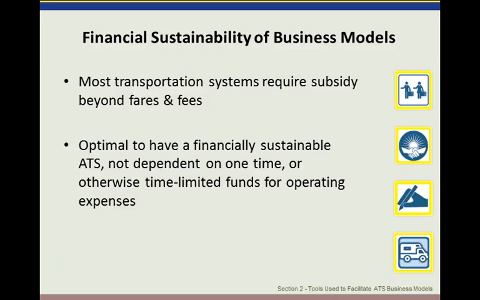And then finally, just to summarize the financial sustainability of the business models, in almost all instances funding to operate the ATS is going to need to come from something other than the system itself. You want something you can count on over time, funding that's not dependent on a one-time allocation like a specialized grant, or funds that have time limitations. The concession business model or tool is generally thought to be optimal because it does generate revenues that are returned